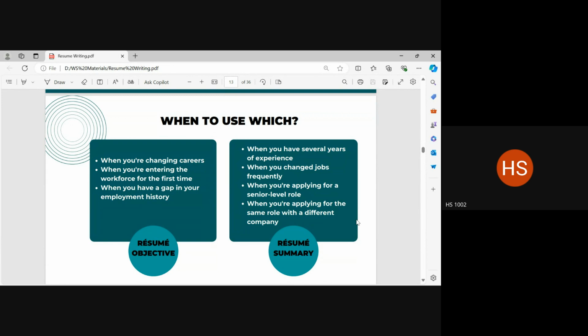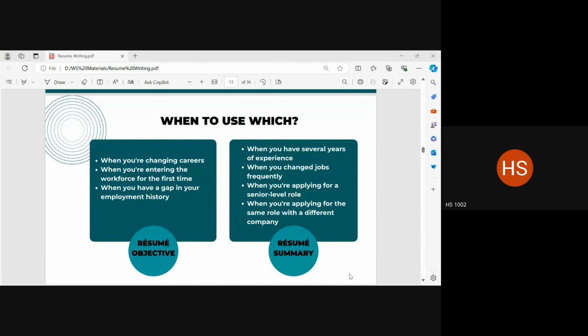But there is something that you can do when you are trying to answer questions about employment gaps or when you are trying to address your employment gap. Make it sound as if it was your own decision. Regardless of whether it was your own decision or not, make it sound as if this is a conscious choice that you made. You had the option to work.